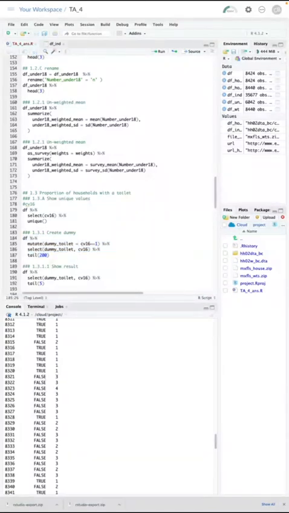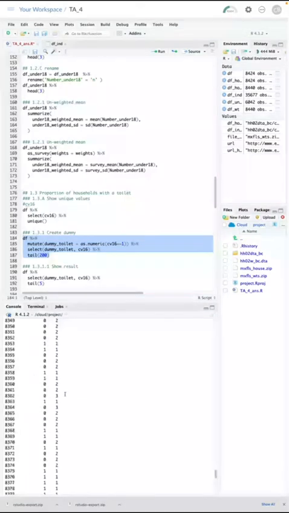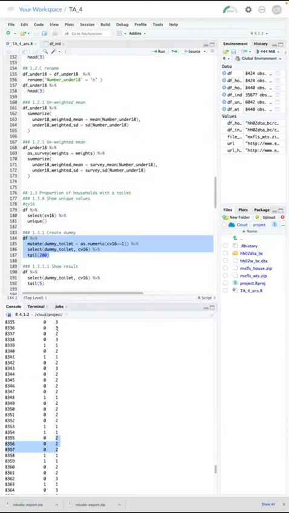So why am I doing this? Well, because a dummy is when you have a 1 or a 0. So I can get a 1 or a 0 by saying as numeric, and then putting that around there. I'm going to do this once again. Run it, and you'll notice that the 1s are 1 and any other number other than 1, so the 2s, the 3s, they're all 0s. So basically, what does this tell us? This column tells us whether a household simply has a toilet or not, any other conditions, which is what the